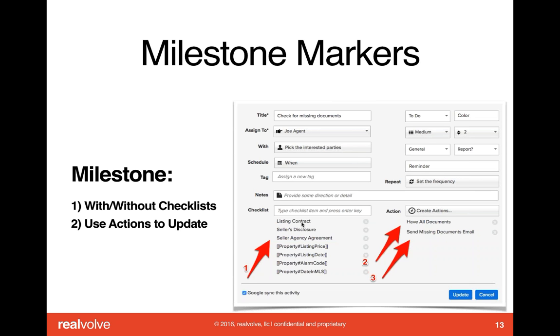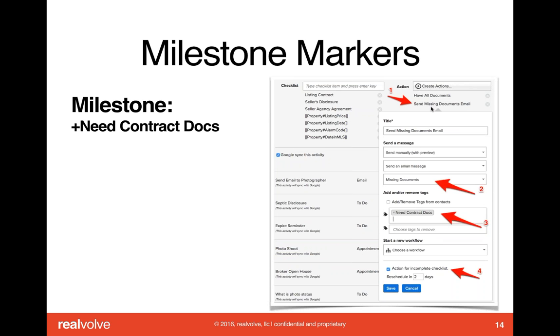In this case, I've got some static checklist items. I also have some mail merge fields in here that will contain the values of those fields for this particular property, of which I've got the listing contract, the seller's disclosure, the seller's agency agreement, different types of things like that. This activity comes up due, and maybe for some reason I don't have the listing contract or I don't have the seller's disclosure or something like that. What you can do is have actions that are dealing with these checklist items so that whenever I, say for instance, set up the send missing documents email,